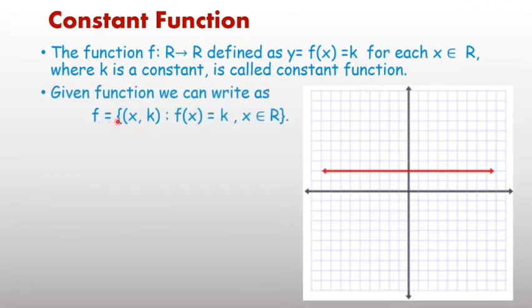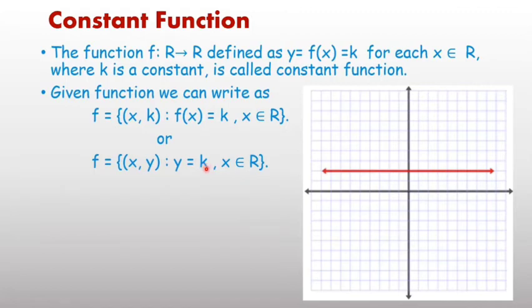And we can write this as (x, k), x belongs to R. x means any real number. In a graph you can easily check: x is any real number, but y remains the same. Means if the distance between the line and the x-axis is k, you can write all points on this line in the form of (1, k), (2, k), (3, k), (4, k), (5, k) in this pattern. Or you can also write (x, y), y equals k. In place of k you can take any real number.